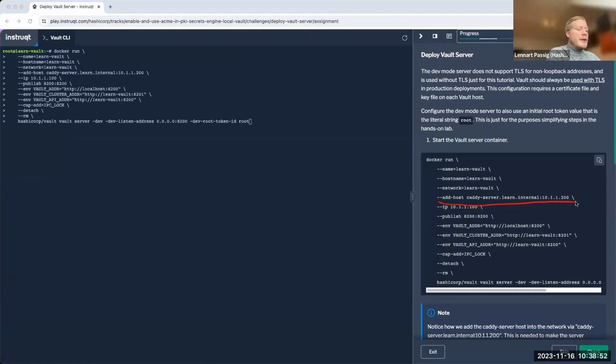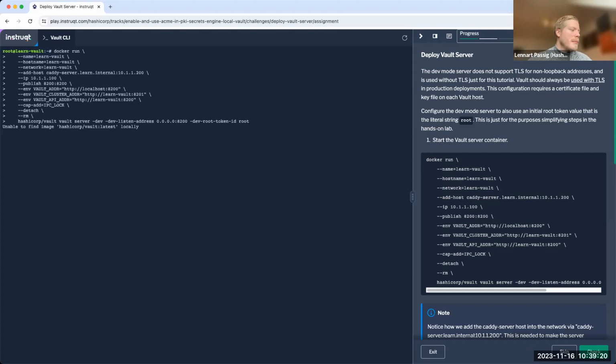We have add host, where we add caddy-server.learn.internal with the IP address to it. This is crucial in order to make Vault understand and reach the Caddy server, right? Otherwise, the whole thing won't work. So we're going ahead and doing exactly that.